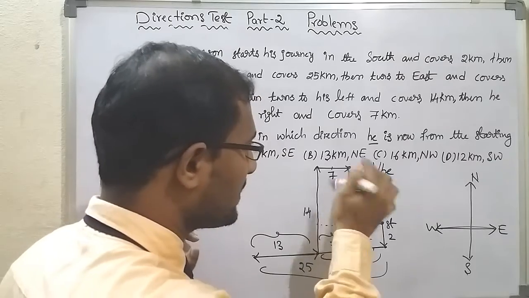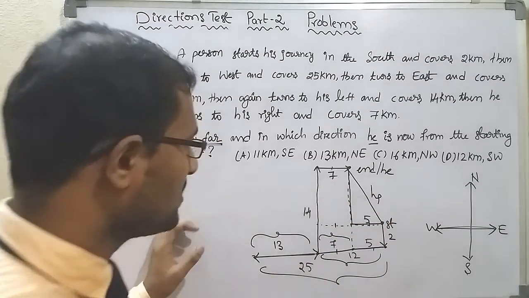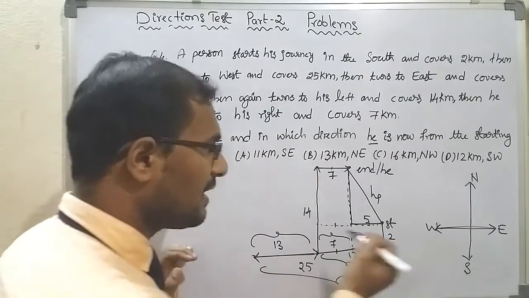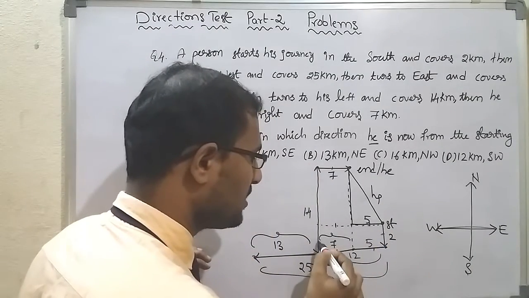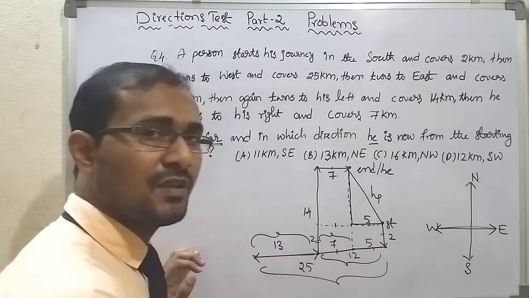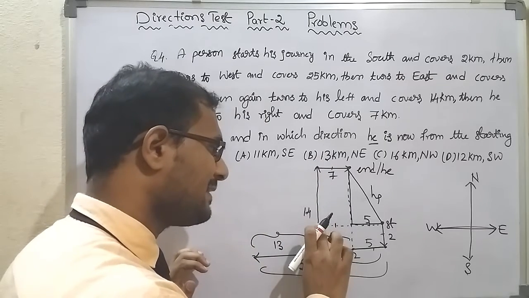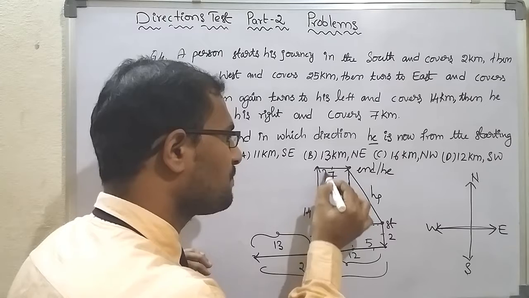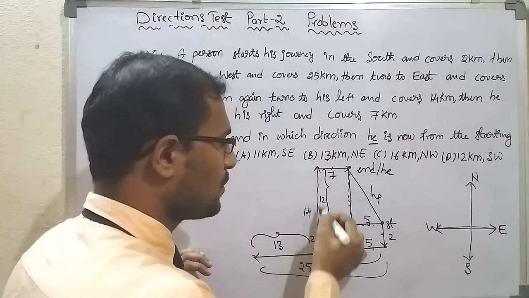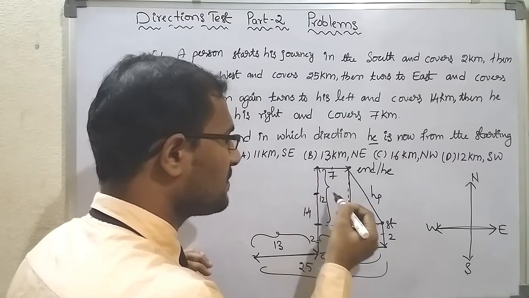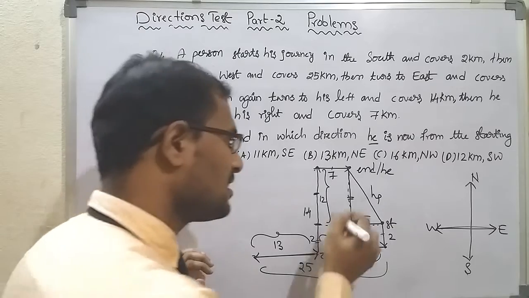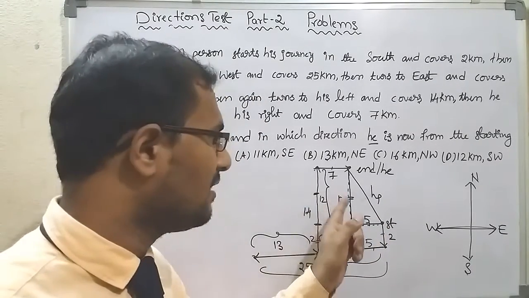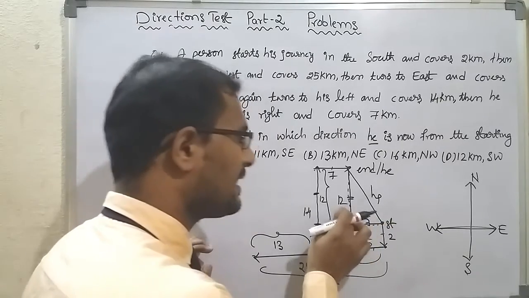Now let us try to find out the distance from this point to this point. See, this total distance is 14. This total distance is 14. And we know this is 2. It means this also must be 2. Out of 14 up to here, if 2 is gone, now the remaining distance has to be 12. So this part, both are the same. It means here the opposite side of the right angle triangle is 12. Now we know the base and the opposite side.